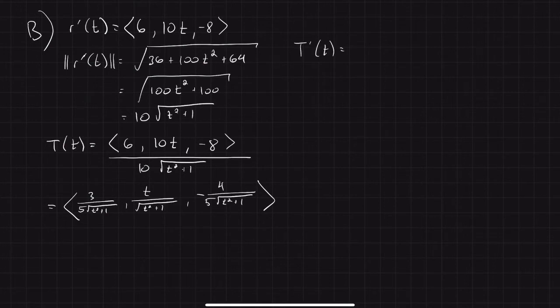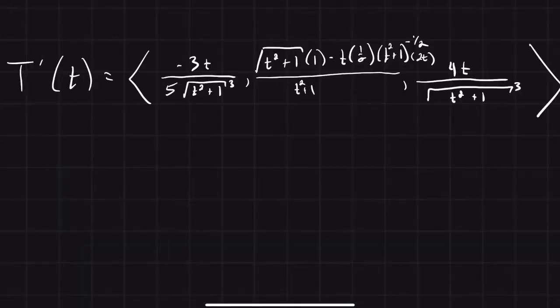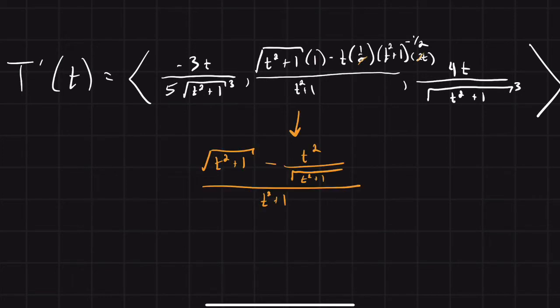Next up is T prime of t. We have to take the derivative of each of those components one at a time. We're going to have to use chain rule for all three components, and then that middle one is quotient rule as well. Let's do some work on that middle one to try to simplify it as much as we can. At the very beginning, notice the 2 would cancel with the 1/2, and then what's left is the square root of t squared plus 1 minus t squared over the square root of t squared plus 1, all over